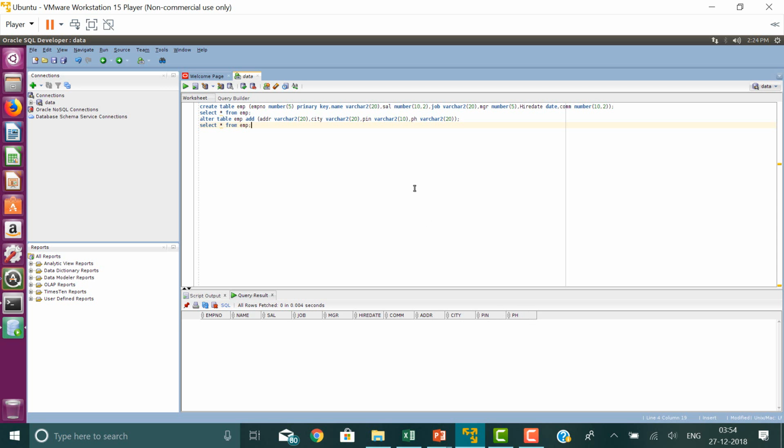Now in case you want to drop pin and city columns and you want to change the sal column to salary, for that you have to create a temporary table with desired columns using a subquery. So you can type a query as create table temp as select emp number, ename, sal as salary. You want to modify this column of sal as salary, and